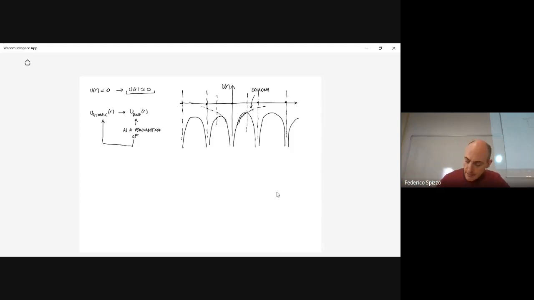So the idea is to use as a starting point for the calculations atomic wave functions whose extension, whose range is small. So the idea is if the